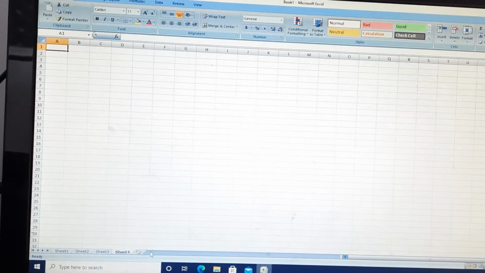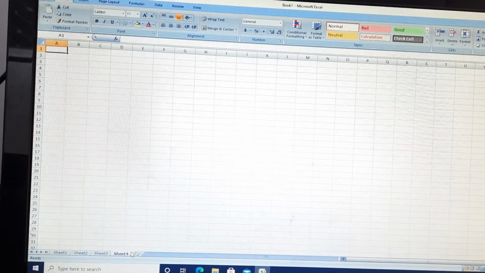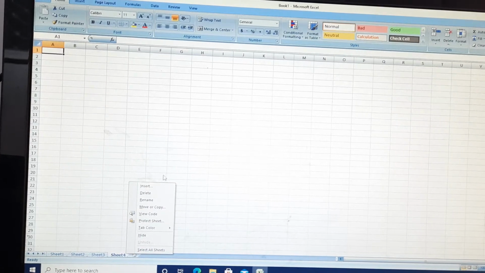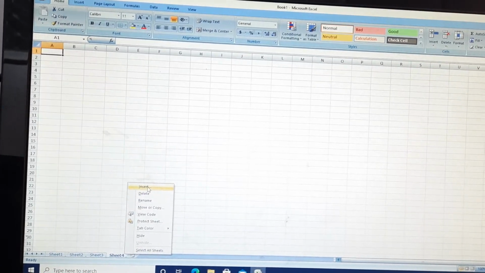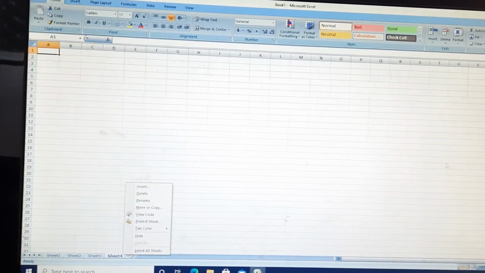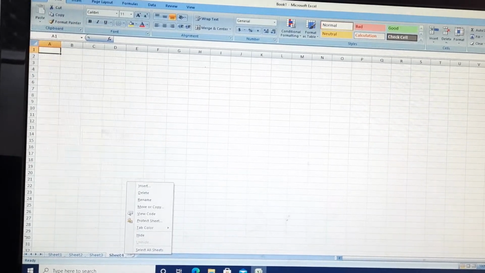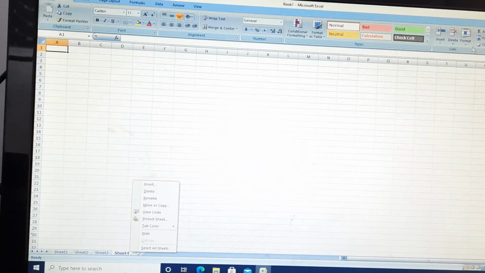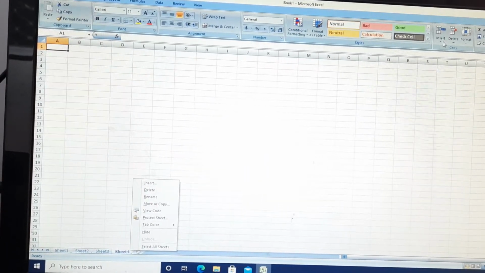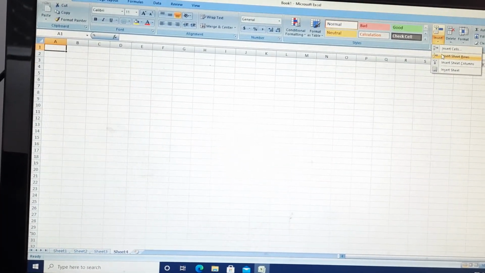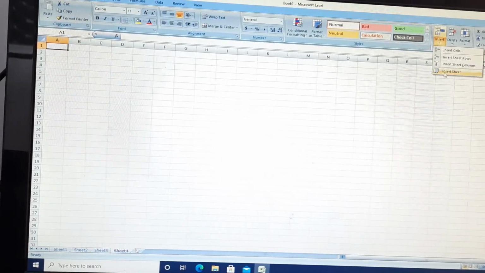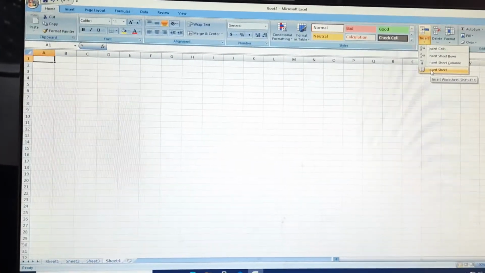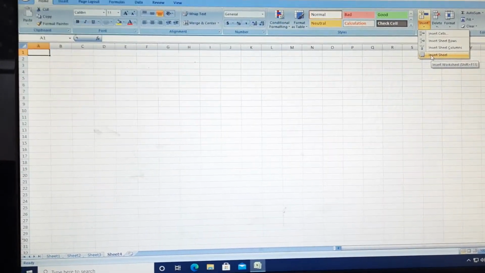See. And if you want to insert more sheets, another option is there: right click on that, then it will ask you to insert a sheet. From here you can insert. Or another third option is to go to this option in the home tab, one cell option is there, in that the insert option is there, just click on that. It will ask you to insert a sheet, you click here and the sheet will be inserted. So three options are there to insert a sheet.